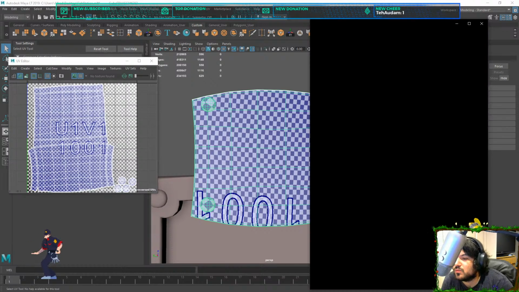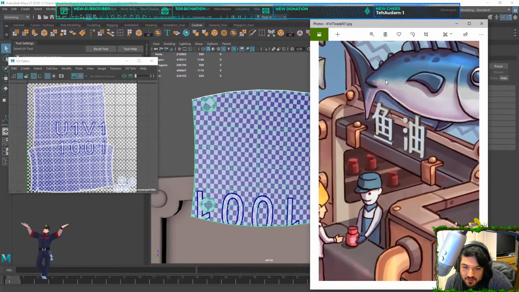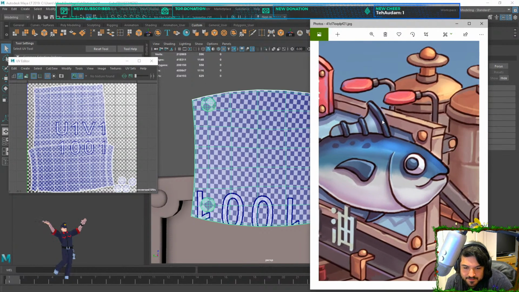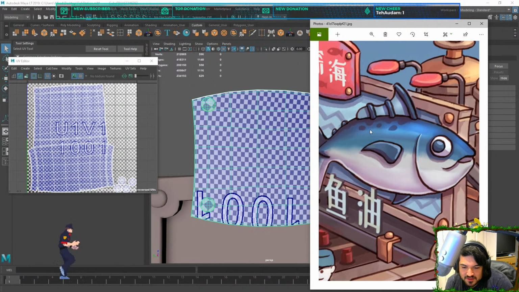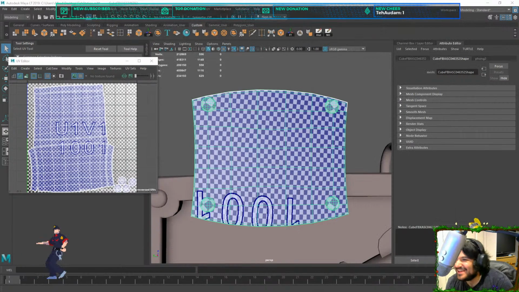So again, I'm gonna be working from the reference. I need some decals for that. Okay, so we'll go on the sign first then. The sign's just got squiggly lines in it. So that's helpful. Whatever that means. Okay, so